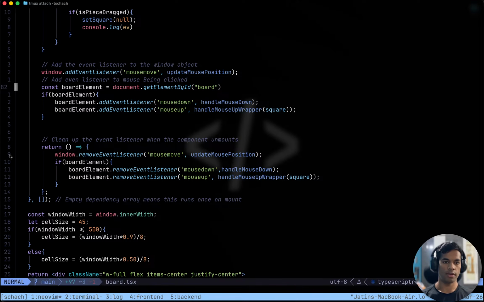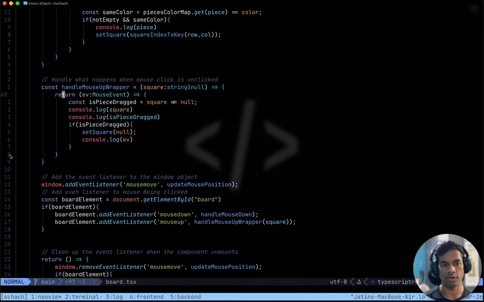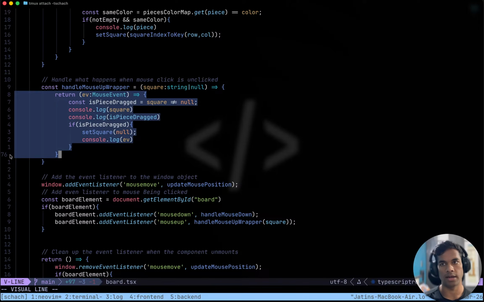And the problem is just this, that when we are telling the board element to add this event listener to itself, we are giving it this function which must run at that time.